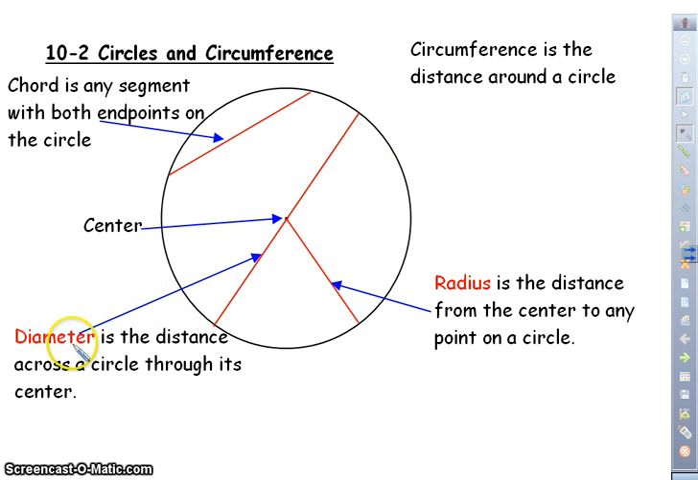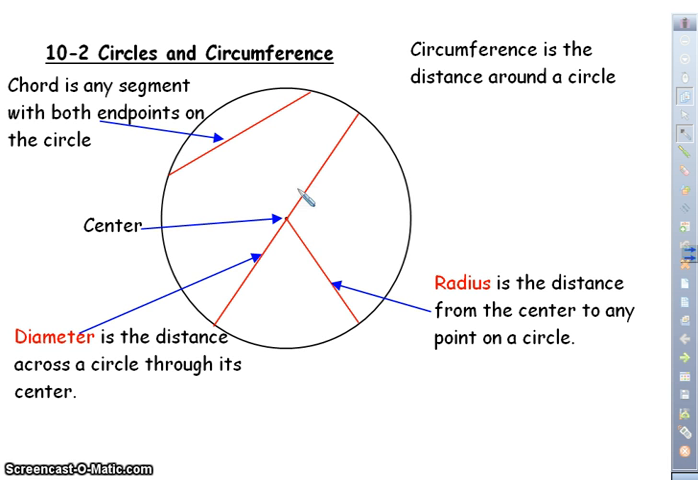The two main things that we're going to be dealing with is diameter, which is the distance across a circle through its center. So it goes from one side of the circle to the other side, and it must pass through the center. The other detail is the radius. Radius is the distance from the center of the circle to any point on a circle. So again, starting from the center, going to the outside edge, in fact, it's an infinite amount of radius that